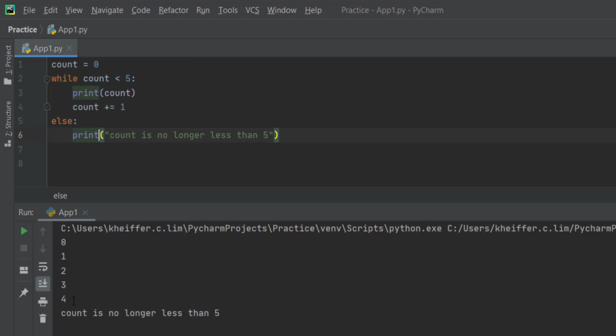So we can see immediately after the last iteration, which is 4, a print statement was executed immediately. Count is no longer less than 5. Similarly, with for loops, we can also terminate while loops prematurely or skip a sequence by using break and continue